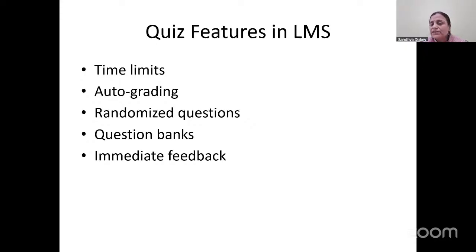Next one is randomize the questions. As I mentioned earlier, the same set of questions will be there, but we have the option called randomize the questions. So if you have 10 questions, the order in which they appear to the students is not defined. Similarly, you also have an option to shuffle the options or the answers, so again they will get them in a different order. So they cannot pass on that A is correct or B is correct. The A which is correct for one student may be the third option or the C option for another.